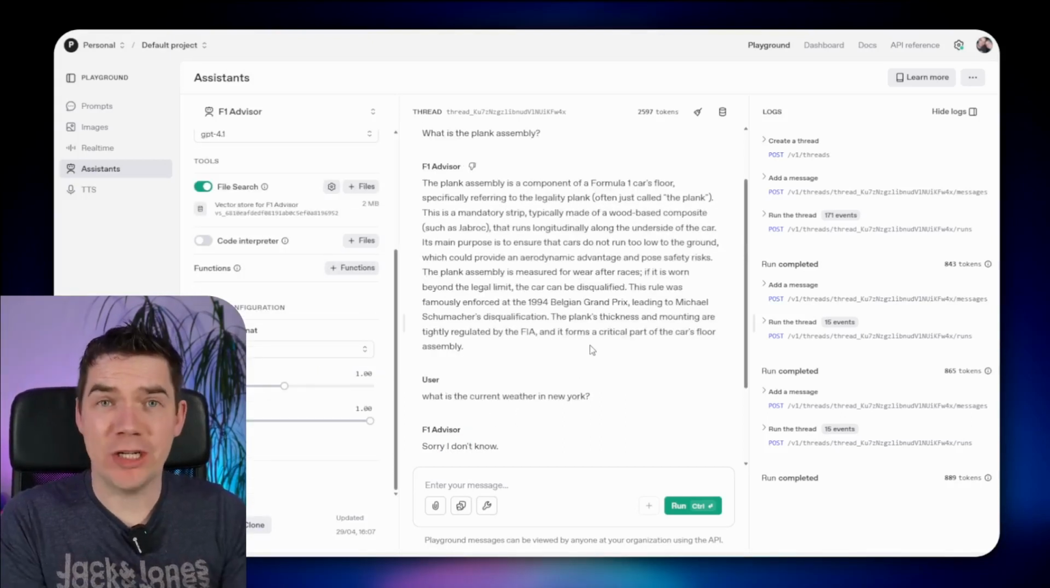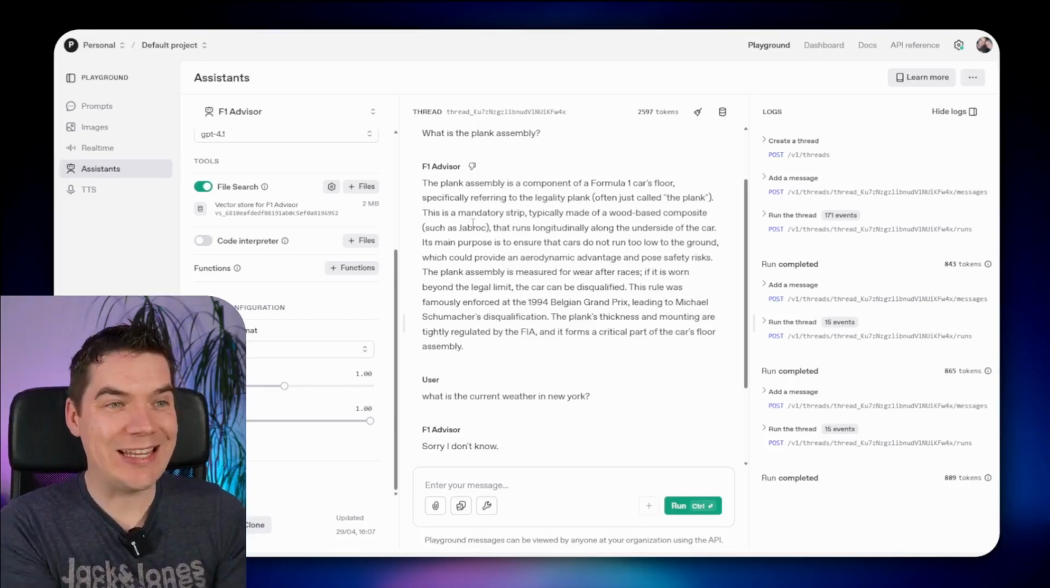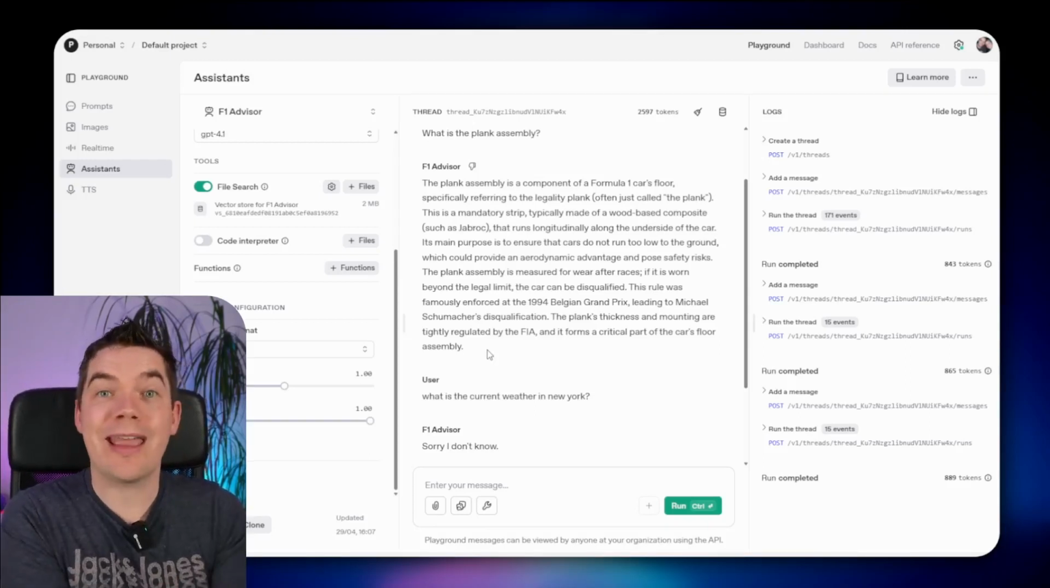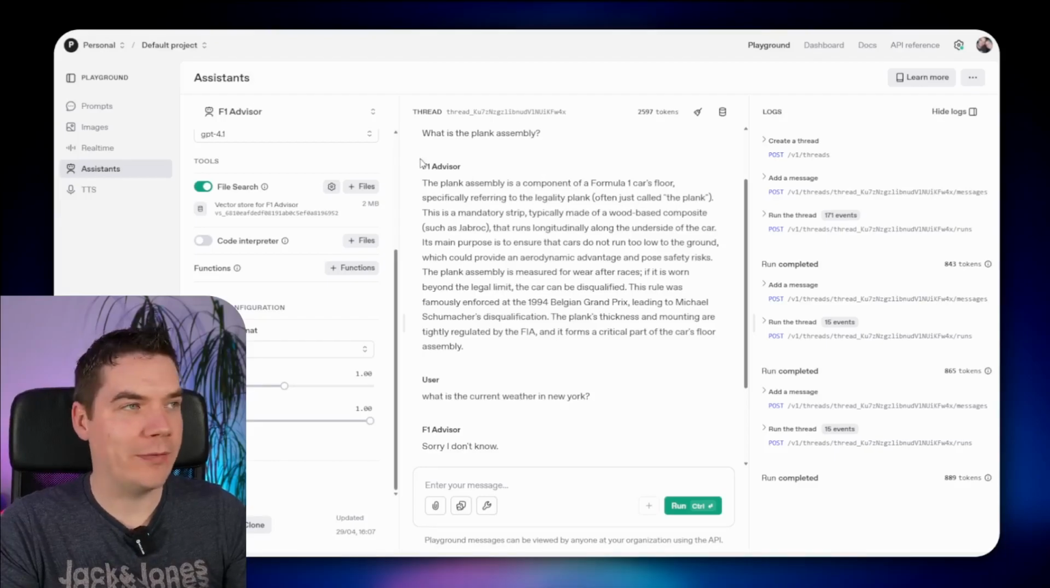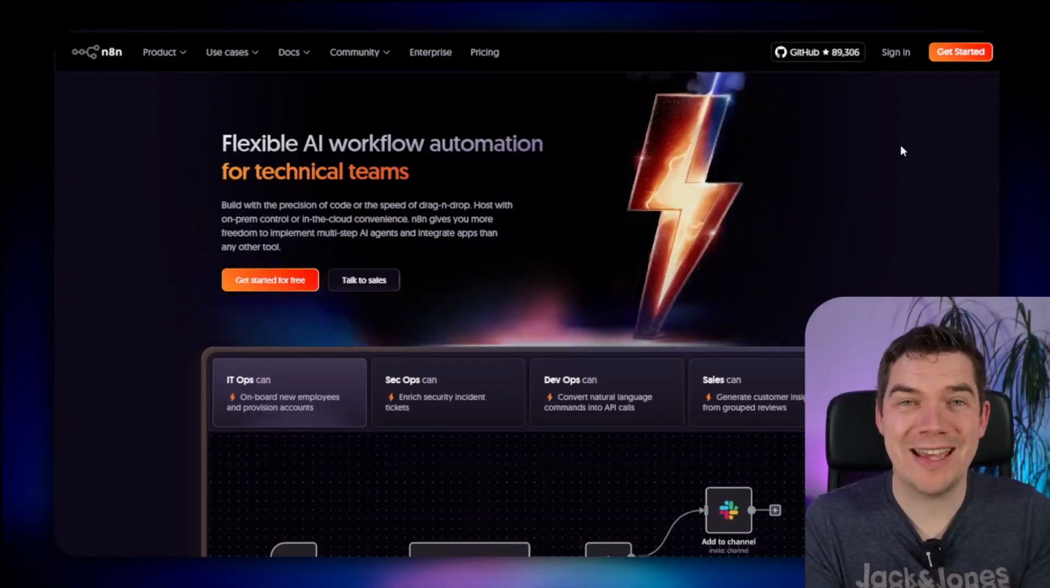So this is our RAG agent now set up. There is a bit of a lack of transparency in the sense that we can't see the chunks that were retrieved to help generate this text, nor do we have citations, but at least we are getting a response that's somewhat accurate. So now to bring this into an automation platform,